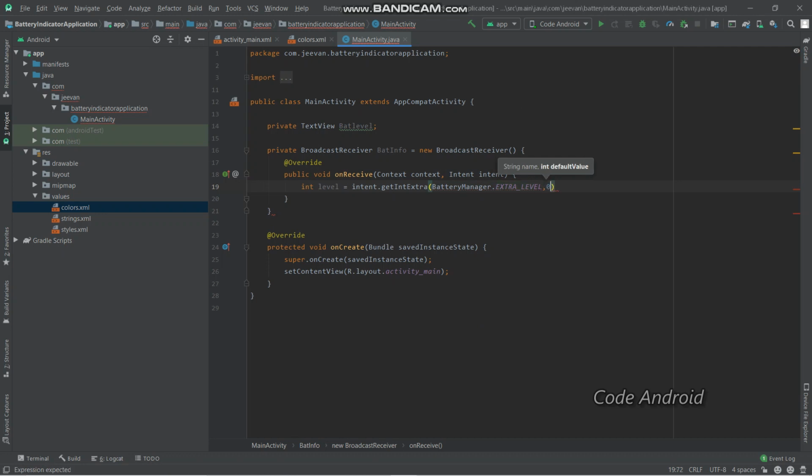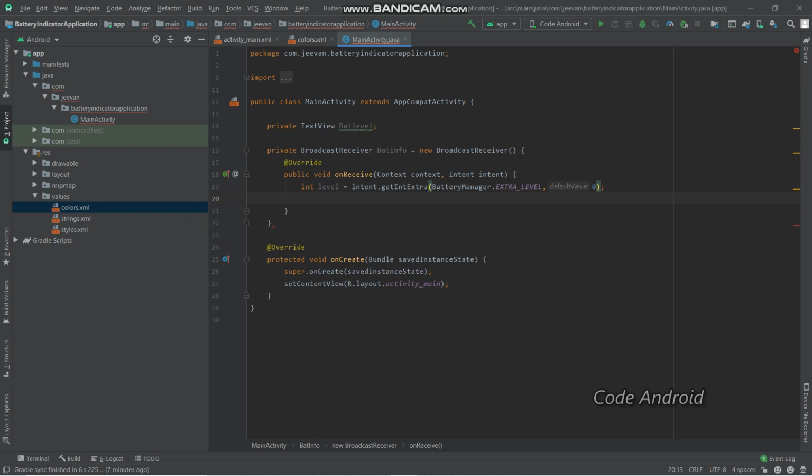By default it will be 0, and we are converting that extracted battery level into string form so that it can be displayed in our application,